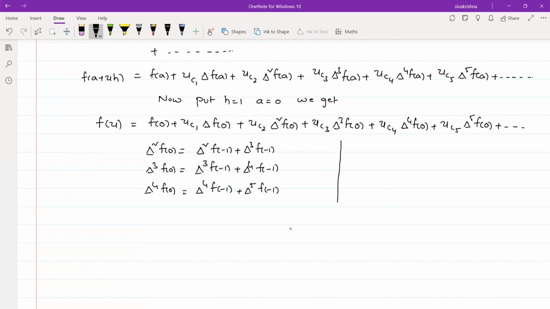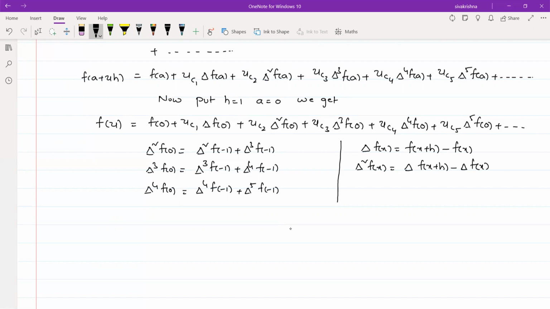Okay. So now I am explaining one value, that is delta square f of 0. So we know that delta f of x can be written as f of x plus h minus f of x. This is the formula of delta f of x. Okay. So if you multiply this particular equation with the delta on both the sides, we get delta square f of x is equal to delta f of x plus h minus delta f of x.